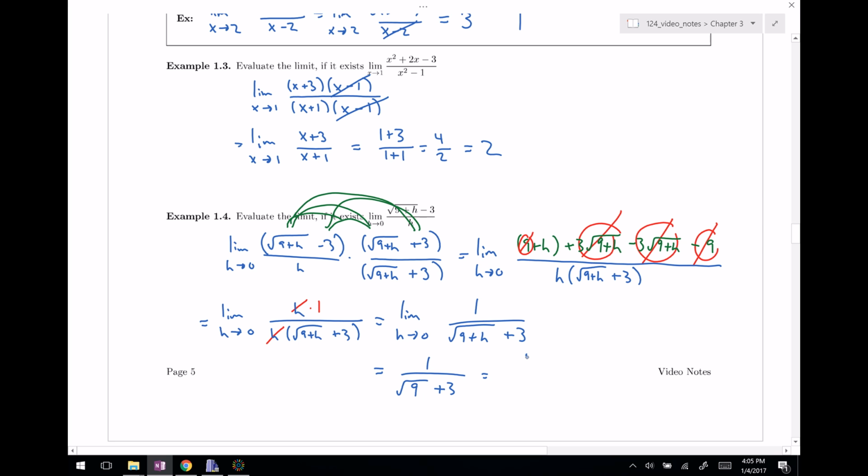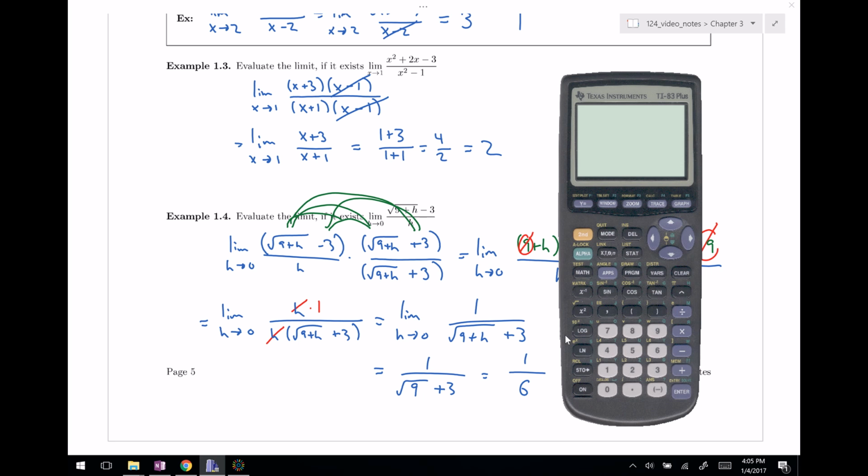So that's going to be 1 over the square root of 9 is 3, 3 plus 3 is 6. So the answer is 1/6. So if I was to go into my calculator here really quick to verify this, because that's a lot of work, I want to make sure that I didn't make a mistake with all this. So I'm going to be looking for 1/6,